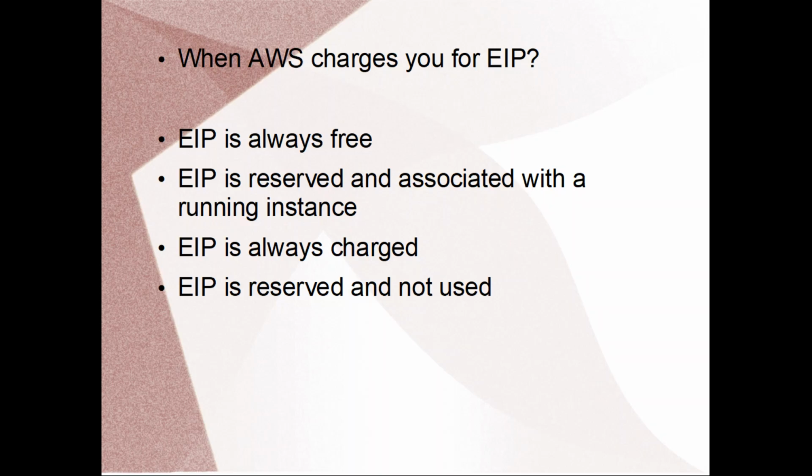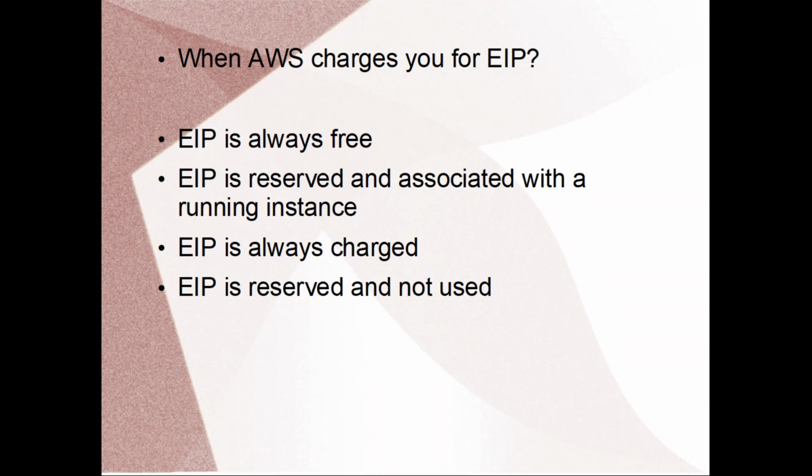So Elastic IP is always free is not correct, because if EIP were always free, people would always be using EIP, and there would be a lot of wastage, right? So the first option is not correct. Second is EIP is reserved and associated with a running instance. So here is an exception. Here is a twist in this